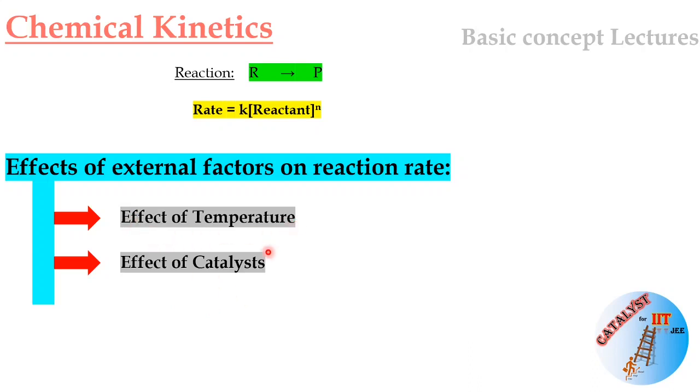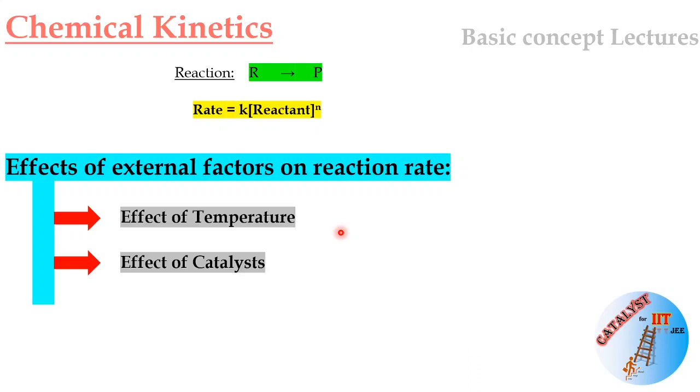So why are the effects of temperature and catalysts important? Let us take one example. You are doing a reaction in a lab on a summer day and on a winter day. So there is a temperature difference. On a summer day, the average temperature of the room is 35 degrees centigrade, whereas on a winter day, the average temperature of the room is 25 degrees centigrade. So there is a 10 degree centigrade temperature difference. So will you expect any change in reaction rate? On which day will the reaction be faster, or on which day will the reaction be slower? This is the question that you need to ask.